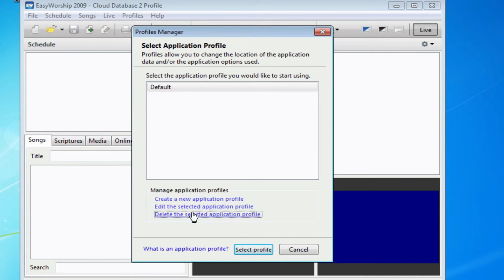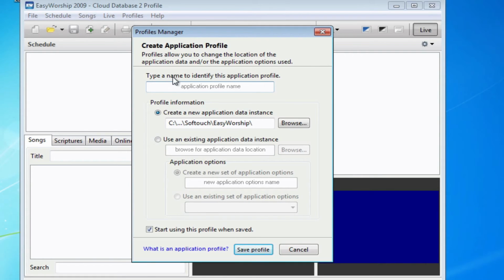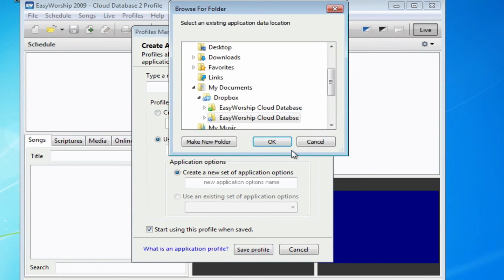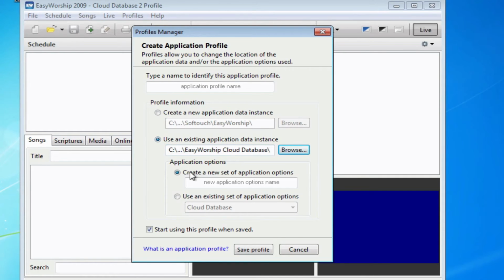Okay, and then here we're going to create a new application profile, and instead of creating a new one, we're going to use an existing application data instance. So we're going to browse, and we're going to go down to My Documents, Dropbox, and we're going to click on EasyWorship Cloud Database. Go ahead and click OK, and then use an existing set of applications options, and